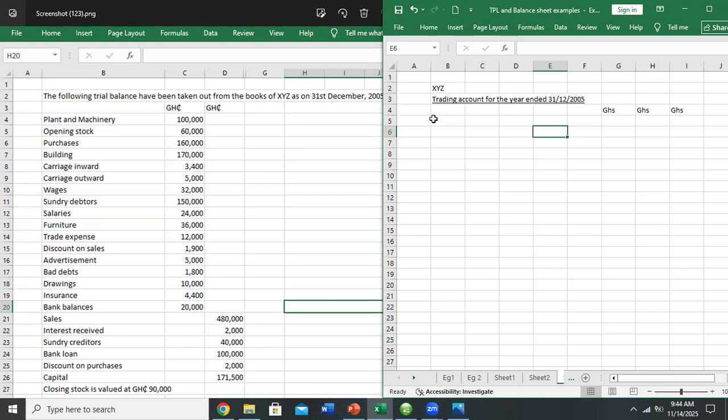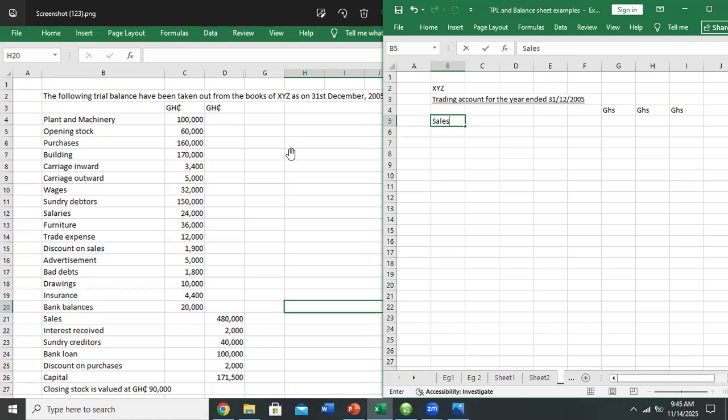Okay, please hold. The assignment was to prepare the trading and profit and loss account. Was it a combined one or the separate? Let me confirm that. Please separate. Okay, you were to do it separately. Yes, okay. So that's great. So for the trading account, we all know we begin with what? The sales figure. And then we less any returns inward. So let's check for our sales figure and return inwards.